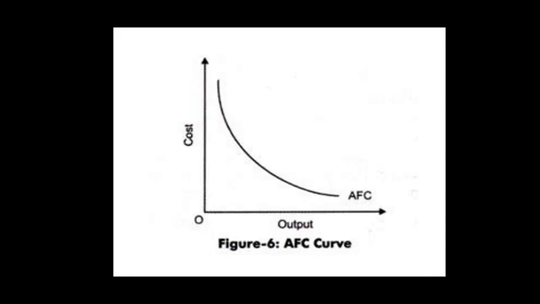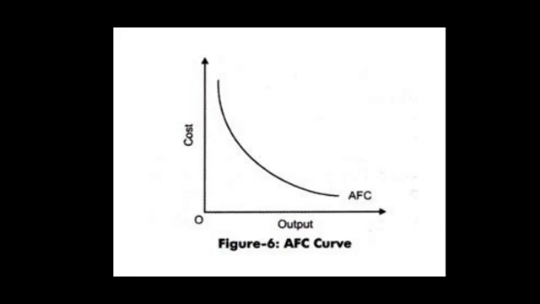So, if we take any point on the AFC curve and multiply average fixed cost at that point with the corresponding level of output shown along the x-axis, their product, that is average fixed cost multiplied by output, shall always be the same,